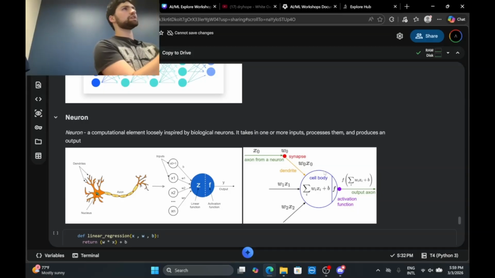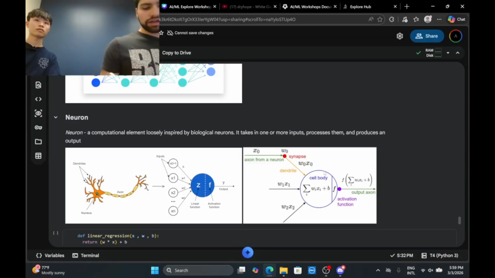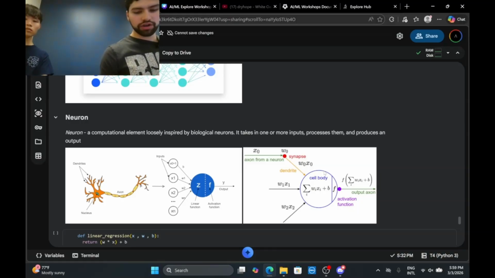We have to shift that line a little bit so that it moves with the data. How do we do that? Well, that is through the use of activation functions. And this is basically everything that goes on inside of a neuron itself. So if you guys remember logistic regression, the shape of that line was not a straight line, it was this thing.